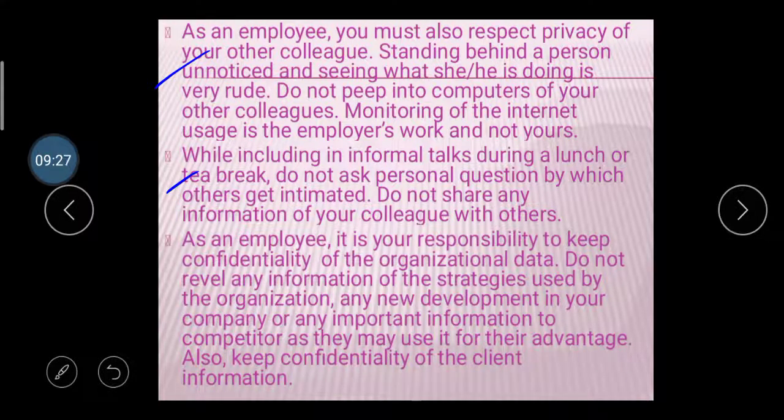As an employee, it is your responsibility to keep the organization's data confidential. Do not reveal any information about the organization's strategy, any new development in your company, or any important information to a competitor, who may use it to their advantage. Also keep client information confidential. Sometimes some people reveal confidential data to other companies or competitive firms, which is not appropriate. Okay, then after,